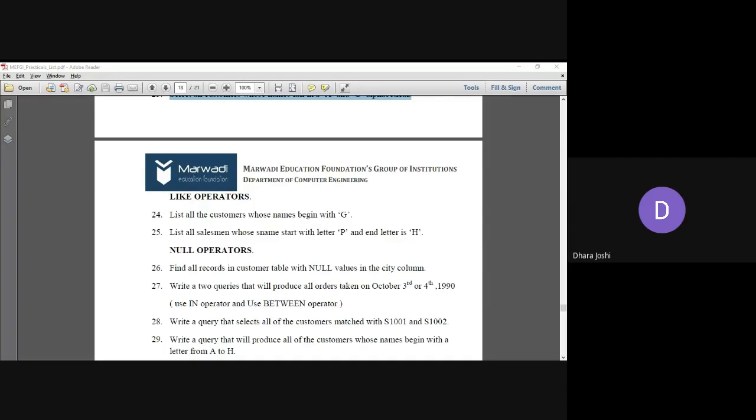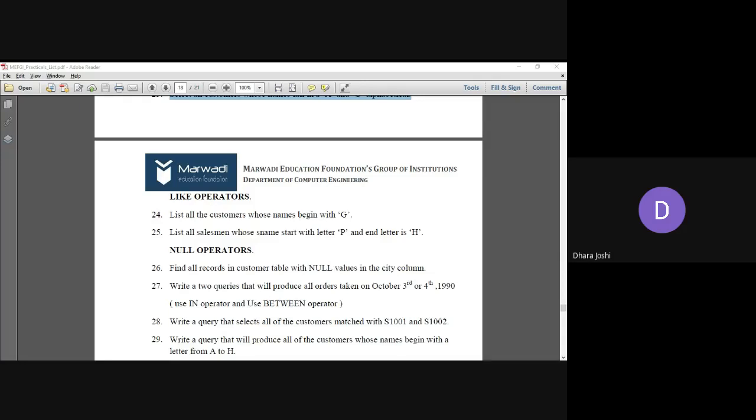These things are possible if you write in the pattern. The column name is customer name, it should be LIKE, and after that I give the condition. That condition is between single inverted commas, and we use two kinds of symbols. Suppose a name should start with D, so I write C name LIKE 'D%'.